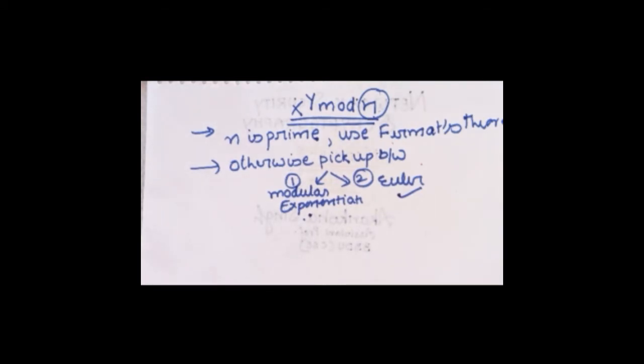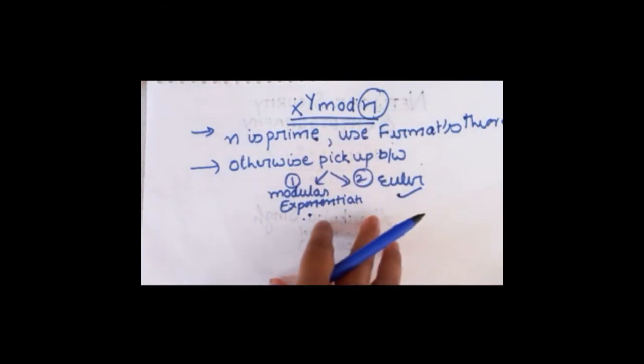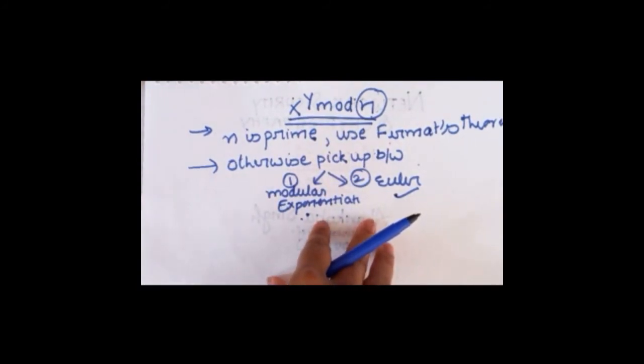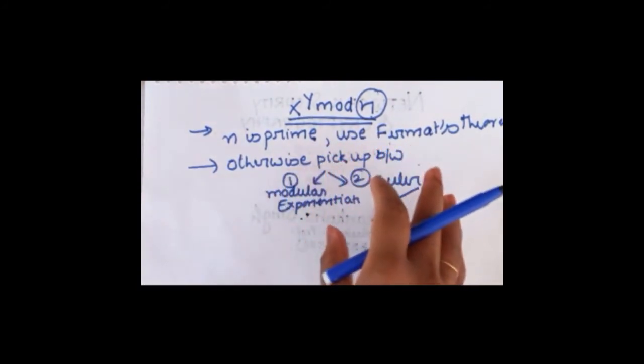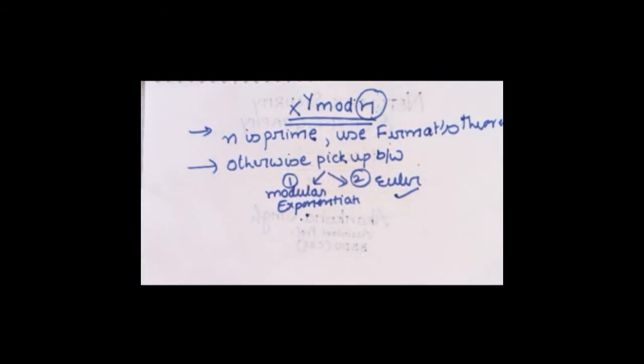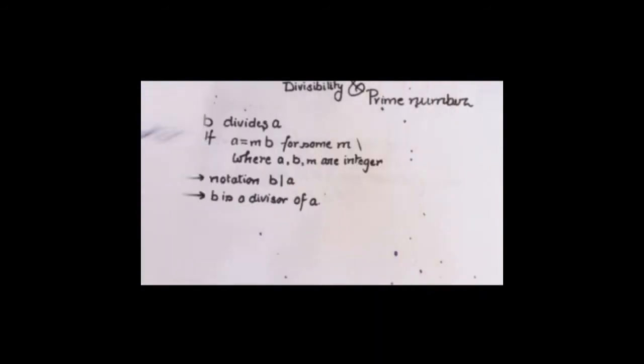So this is the short trick for finding out the exponentiation, x to the power y mod n value. Often you will be asked this question, what is the answer for 11 to the power of some value mod n, and the power value is often a very big value. And if not, the n is going to be some prime number. So this is the hint.